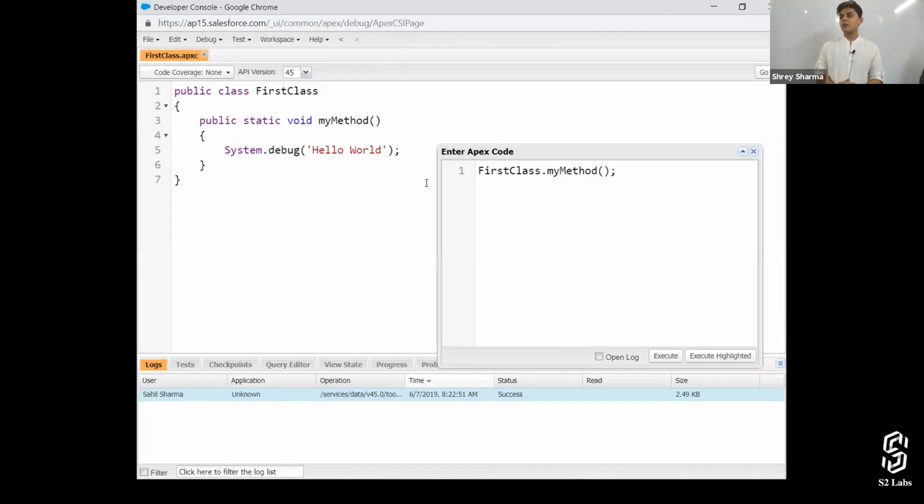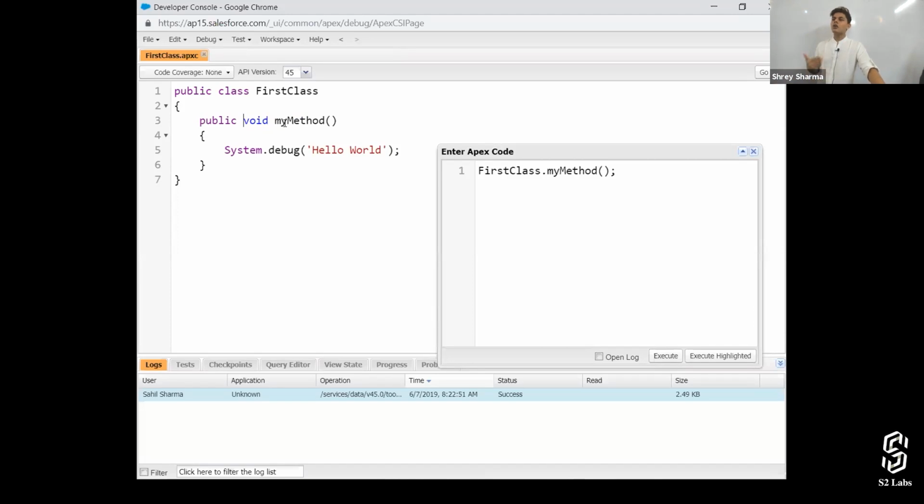Let's talk about another way. If I haven't created this method as static, will it get saved? It will get saved, right? There's no problem with that. The methods which do not have the static keyword in front of them, we call them instance methods, right? So yeah, we've created an instance method in here.